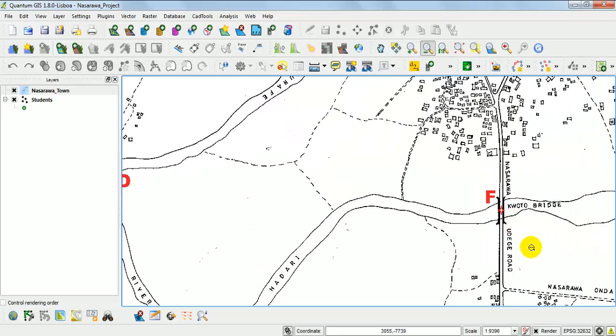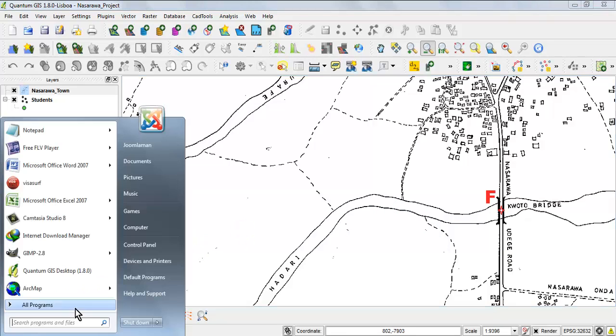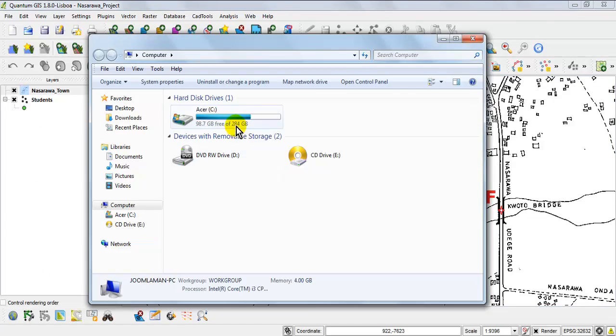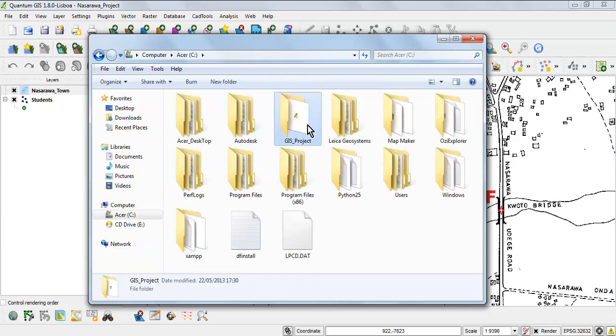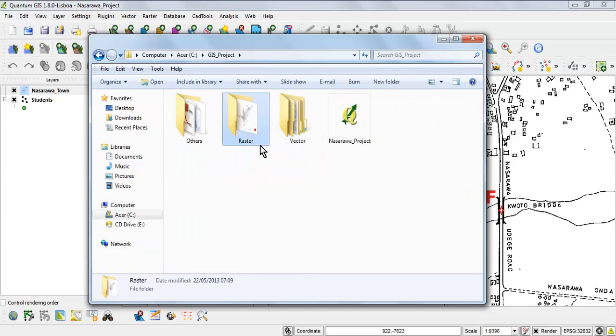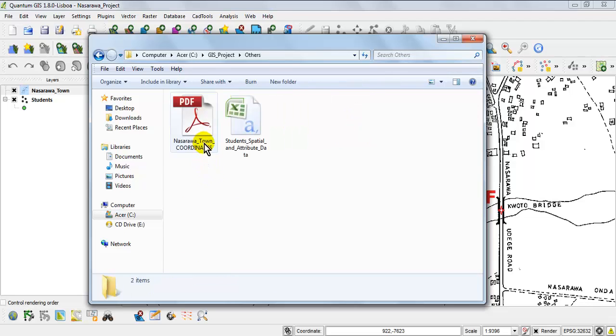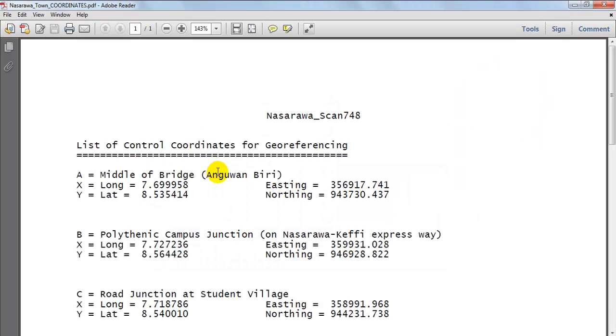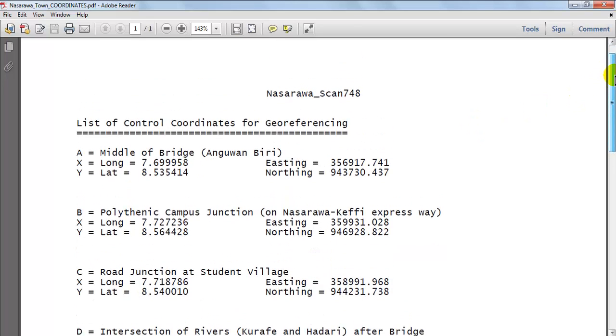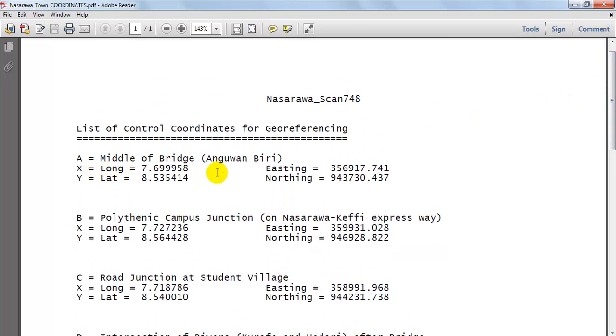So now we have our control points scattered all over our raster image, and the coordinates of those control points are in our GIS folder on our C drive, GIS project, and inside the others folder. When you open it, we have Nasarawa town coordinates. So these are actually the coordinates of the control points. When you open up the file, you will see the coordinates of the control points.